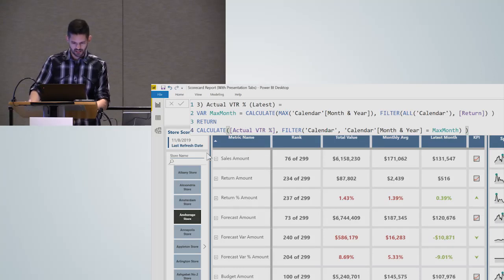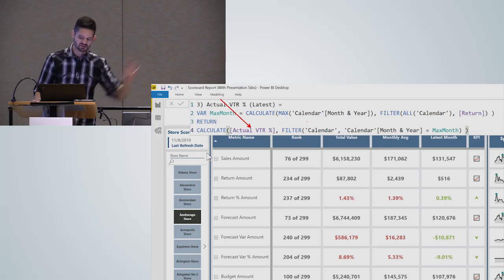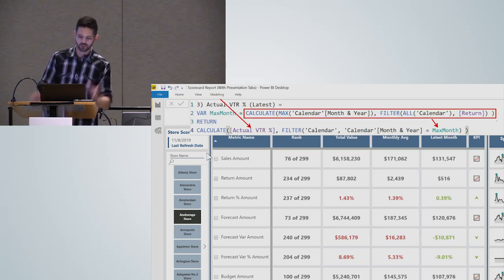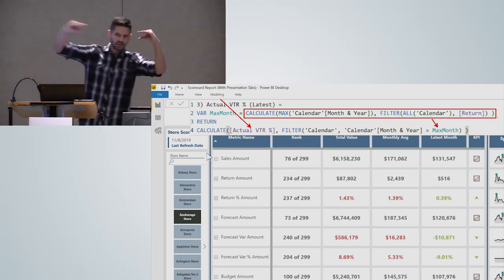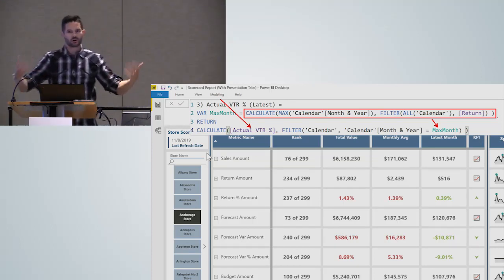So what I'm doing is, again, there's that variance to return. In this case, it doesn't really matter what the values are. These are more just the practices and principles that I want to discuss. But what I'm having it do is grab whatever that number is just for the very latest month. And in theory, I could have referenced this entire thing and kept it in just one formula. But the problem is my formula that's this long would now become this much longer. And in those cases, to me, that becomes harder to read.